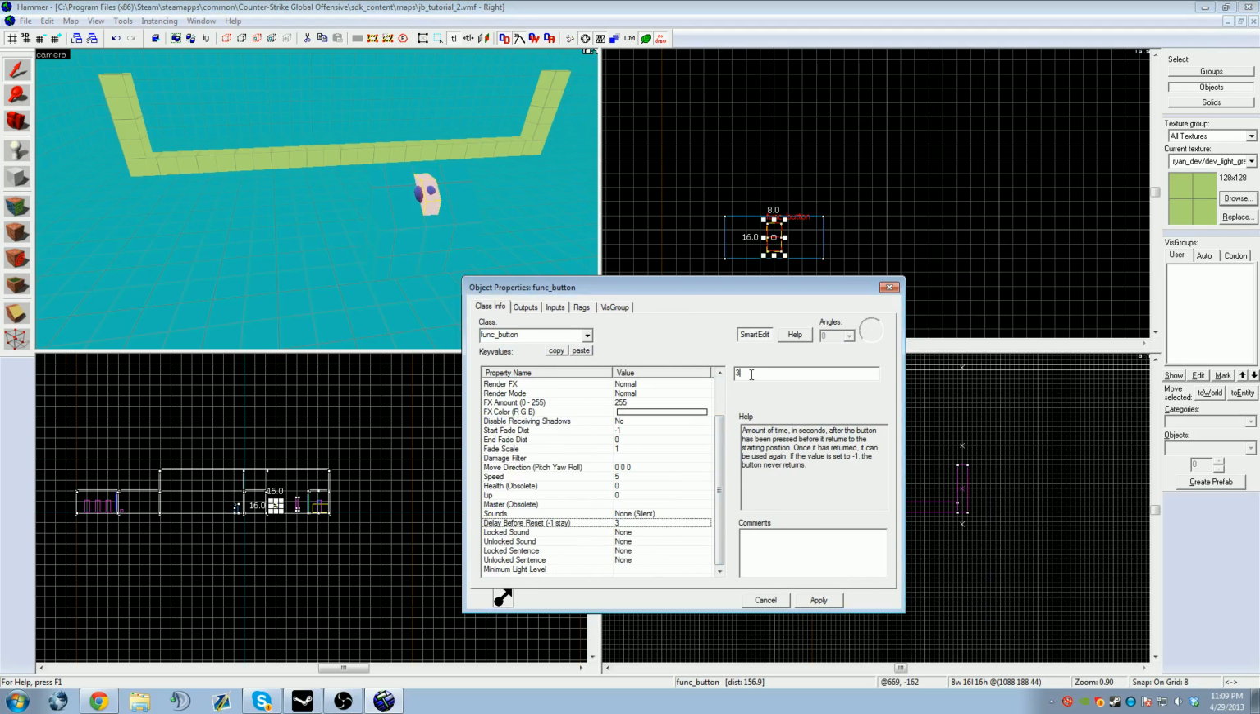I'm going to change delay before reset to -1. That way when I activate the button, it stays there and you can't reactivate it again. No, you don't want that. So keep it to